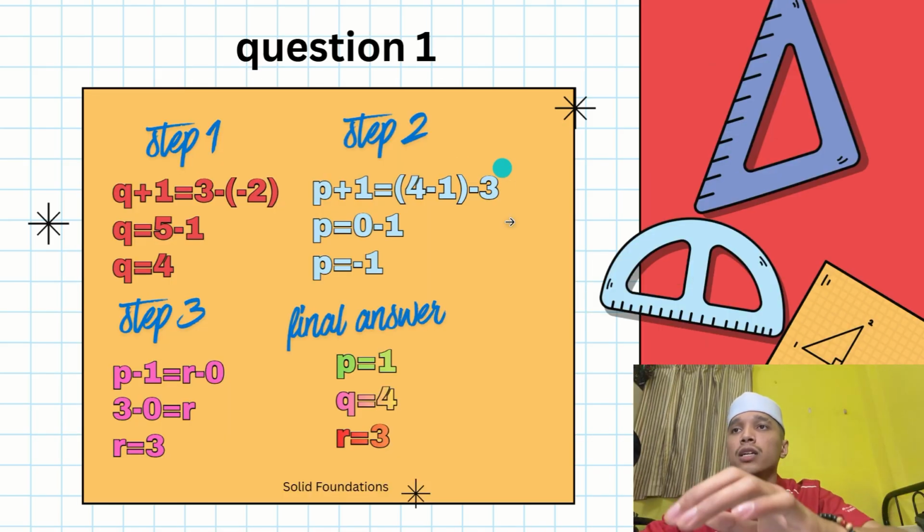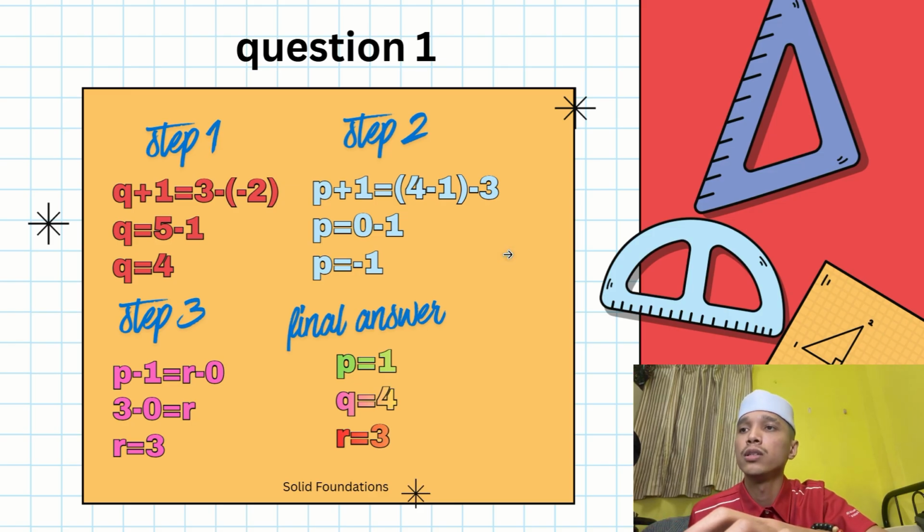Step 1. We determine the value of Q from the corresponding element. We obtain the equation Q plus 1 equals 3 minus negative 2. After simplifying, Q plus 1 equals 5. So Q equals 4. Step 2,